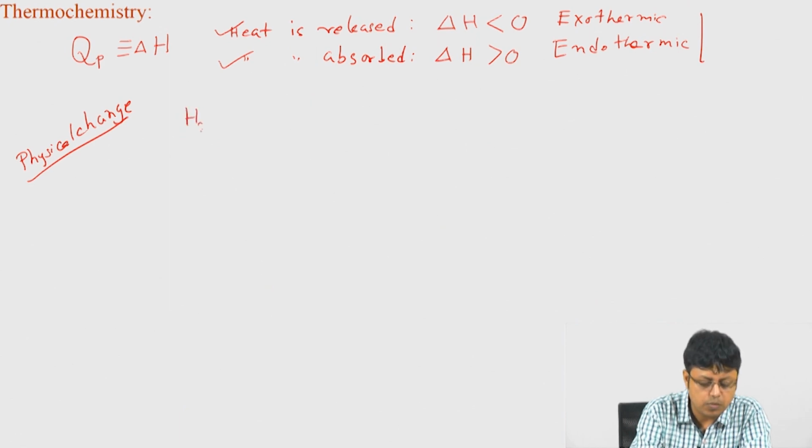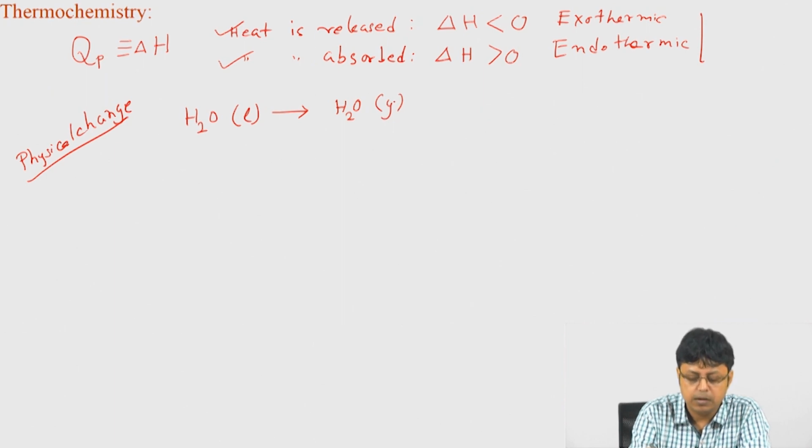So, suppose liquid water is getting evaporated to water vapor, which is a gas, and the associated enthalpy change we will write as delta vaporization. We never write H with suffix vaporization. Vaporization is a process, denoting the way the change happened, so we keep a suffix after delta. So, delta vaporization H, at some temperature, which is 373 Kelvin, or 100 degree centigrade, is plus